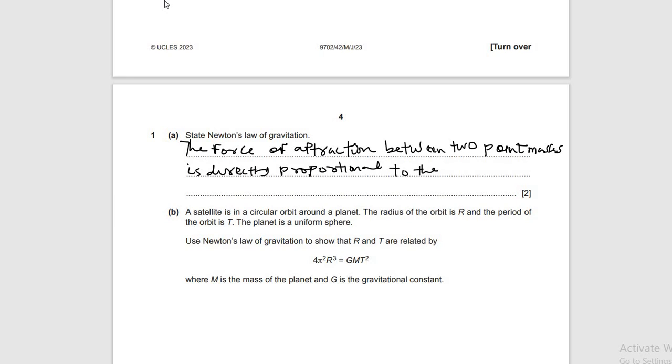Is directly proportional to the product of the masses,